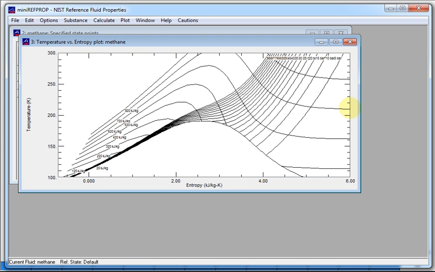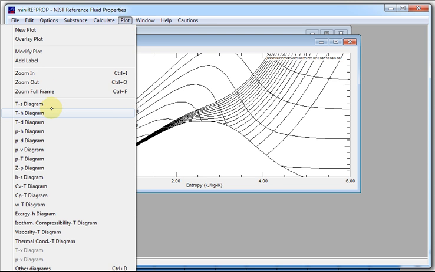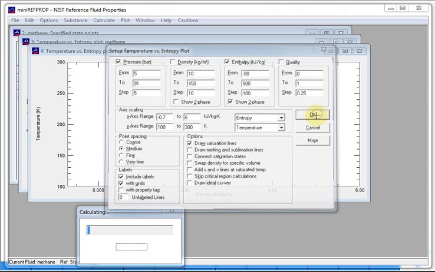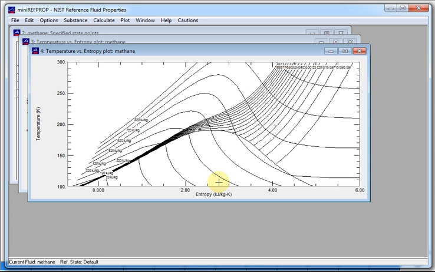So you can see these are lines of constant enthalpy. It looks like it didn't extend them into that two-phase region, did they? They didn't do that. We can go back and replot temperature enthalpy, show in the two-phase region. So we can plot, and there it goes. They extended it into the two-phase region for those lines of constant enthalpy. There's more here than you can do. So I'll stop there since